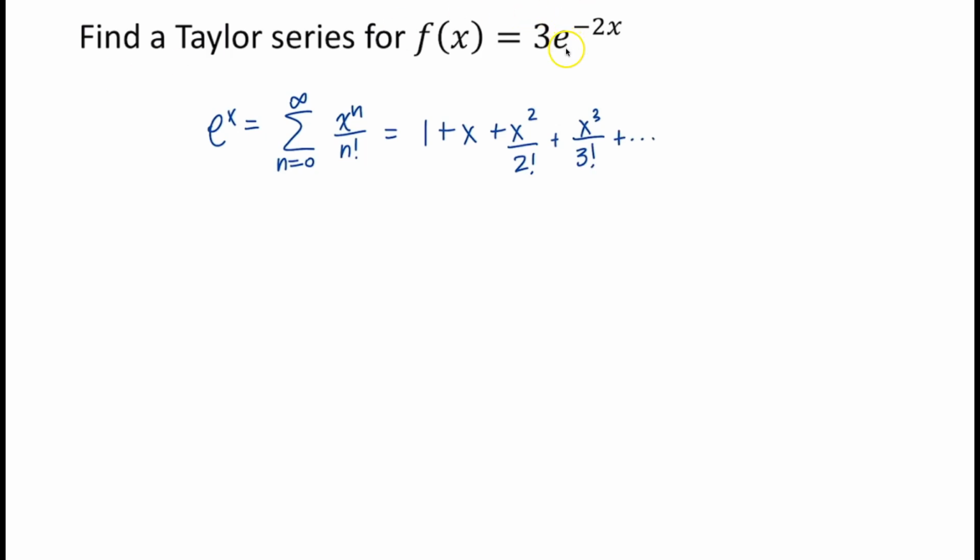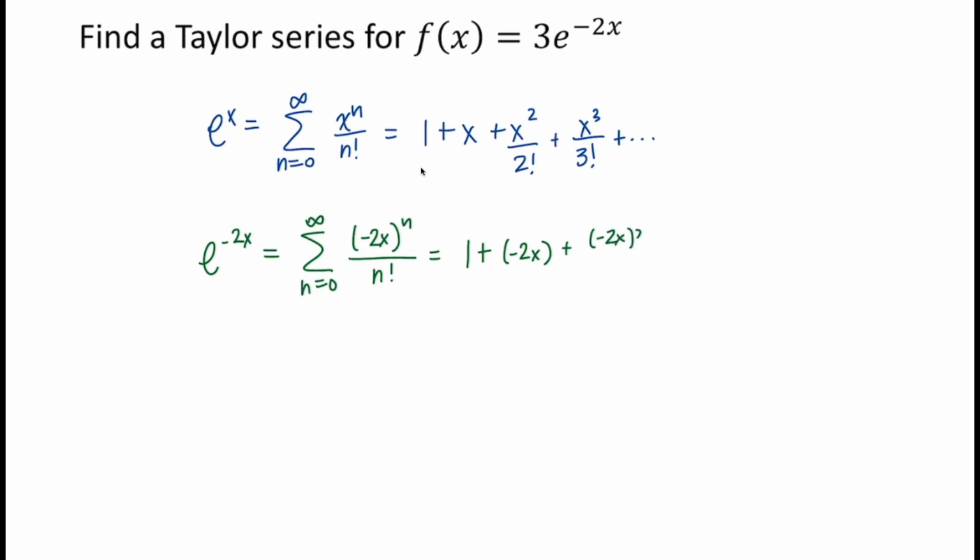Now, let's try to create the Taylor series for e to the negative 2x. So we want to replace the x with the continuous function negative 2x. So we'll have e to the negative 2x is equal to the sum of n equals 0 to infinity of negative 2x all raised to the n over n factorial. So what's happening in the original e to the x expansion is we're replacing each x with a negative 2x. So 1 plus negative 2x plus negative 2x squared over 2 factorial plus negative 2x quantity cubed over 3 factorial,